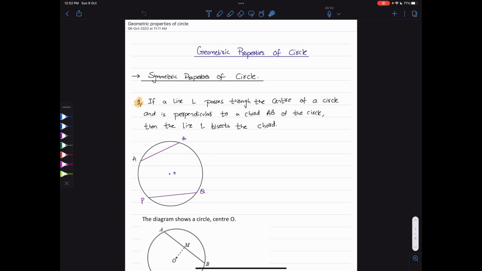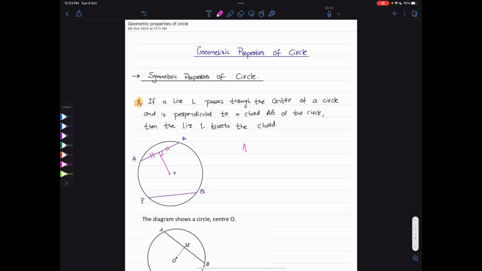So the property says that if there's a line L that passes through the center of a circle in such a way that the line is perpendicular to the chord, then that line is going to bisect the chord. It's going to divide the chord into two parts. So if I draw a perpendicular line from the center of a circle to the chord, it is going to